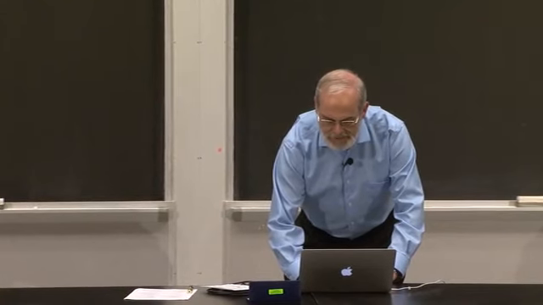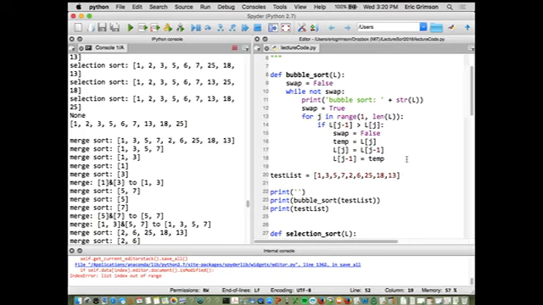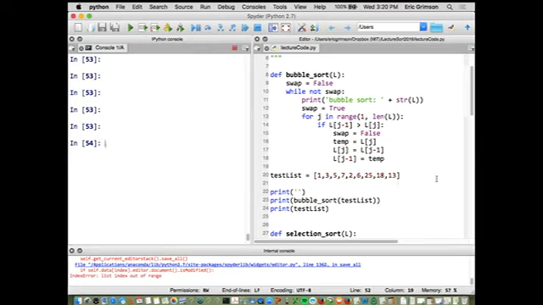Let's look at an example of this running. It's just to give you a sense of that, assuming I can find the right place here. So there's, again, a version of bubble sort on the side, and I'm going to bring this down to the bottom. I've got a little test list there, and I've put a print statement in it so you can see each time through the loop what's the form of the list as it starts. And assuming I've done this right,